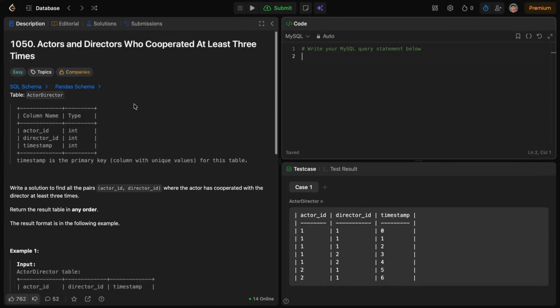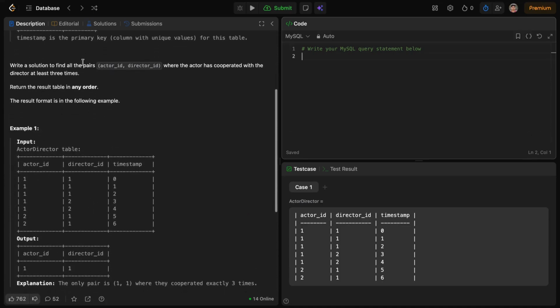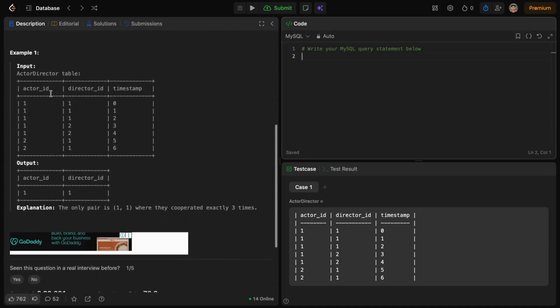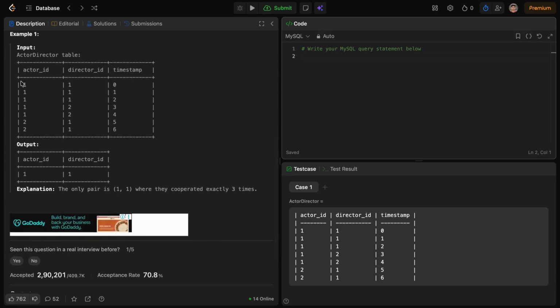Question from the SQL series, an easy question. Actors and directors who cooperate at least 3 times. So we have a table, ActorDirector, having 3 columns: actor, director and timestamp. So we have to check, for the actor ID and the director ID, who has worked at least 3